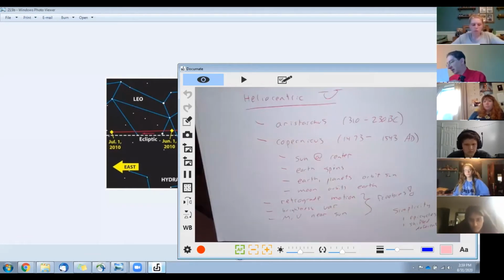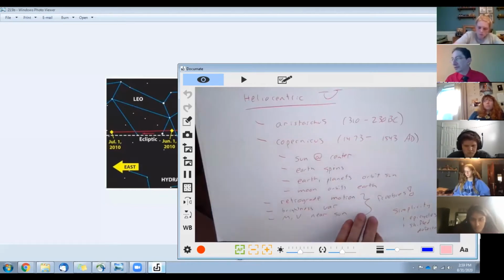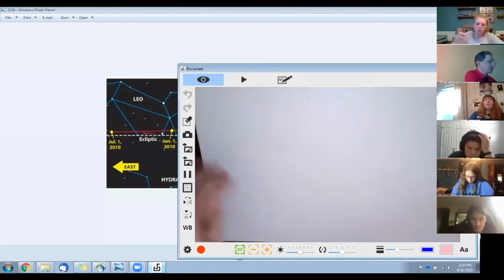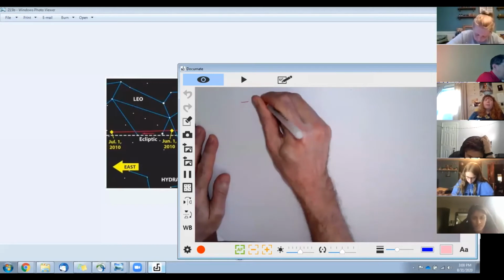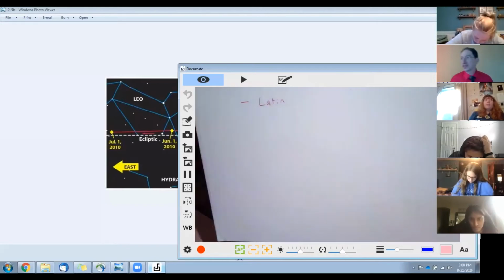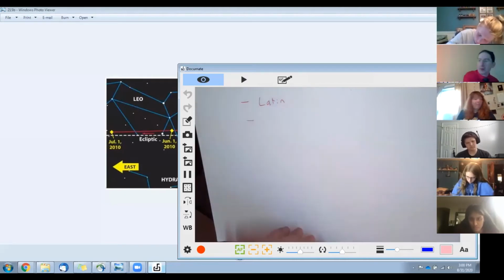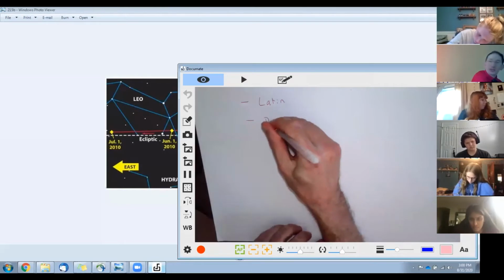Okay, let me see where we are. Oh yeah, so Copernicus did all this work, put it out there, but no one took it seriously for a number of reasons. And let's write these reasons down. The first reason is he wrote it in Latin, which is the language of the academic, back then. But very few people could read Latin. So this was only for a very, very small sliver of the population, people who already have an academic interest. The second and probably bigger problem was that it was published posthumously,